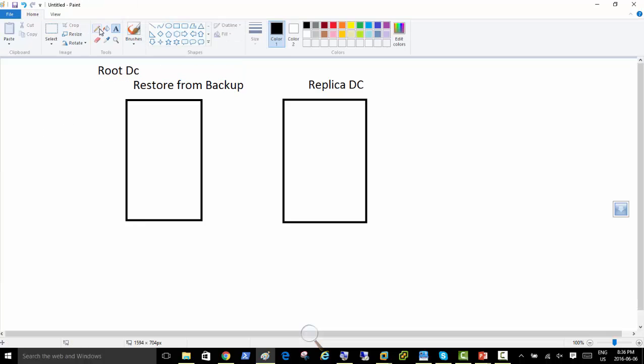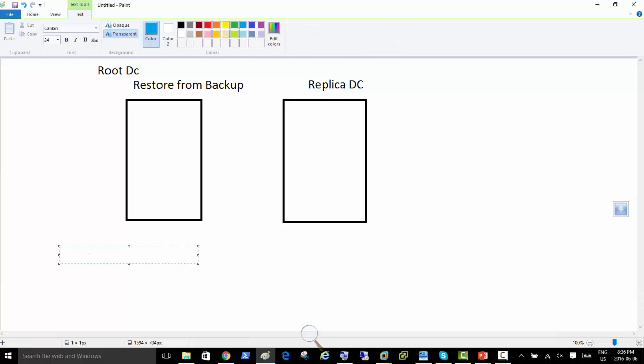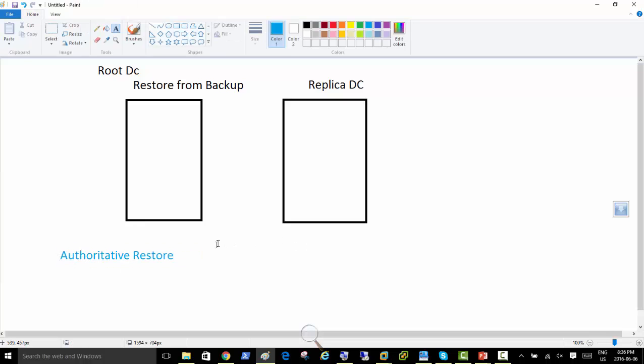So what happens is that if it is an authoritative restore, the domain controller says, hey, I've just restored from 6 months back some of the OUs we have created and we really need that, so I'm doing an authoritative restore. So this means that if your current status shows that those OUs are not there